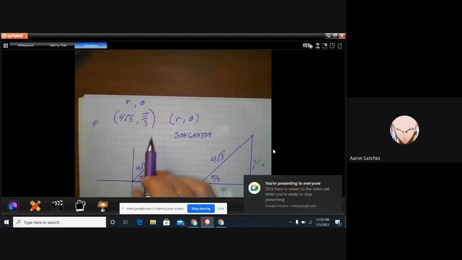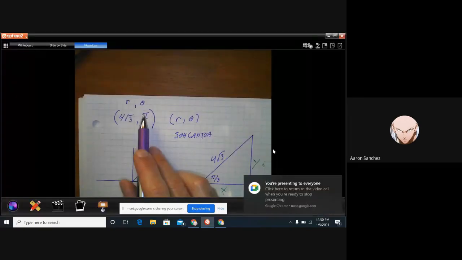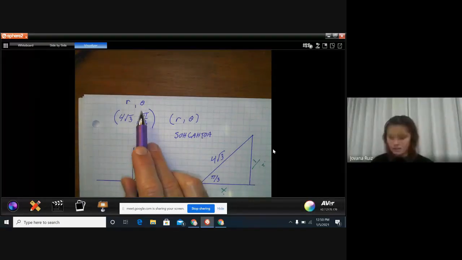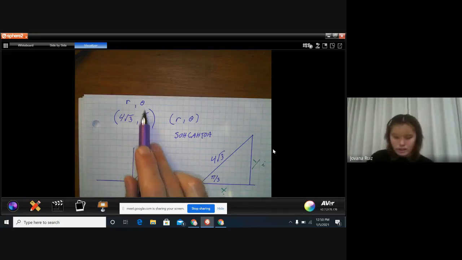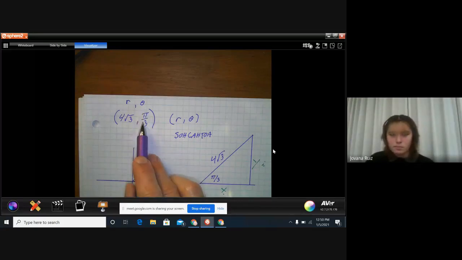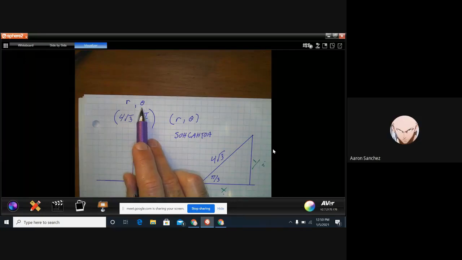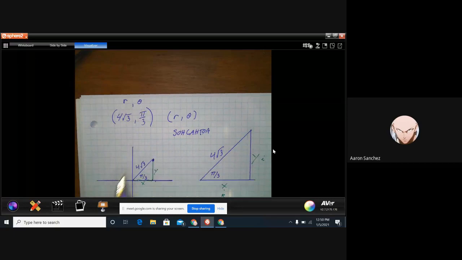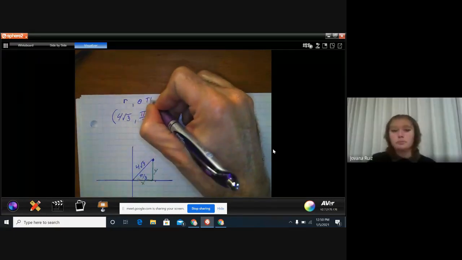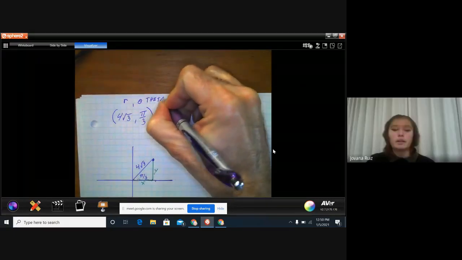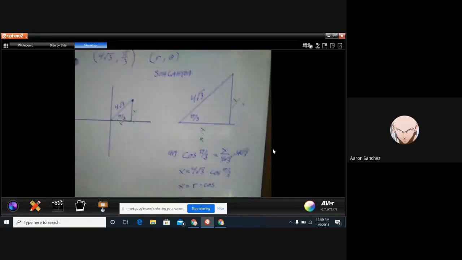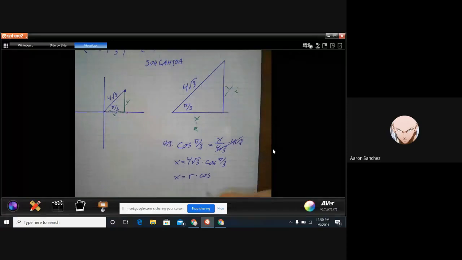Giovanna, what's my pi over 3? I don't remember the name of it. Okay, this is called theta. Or you can just say it's the angle. All right. So anyway, x is equal to r times cosine